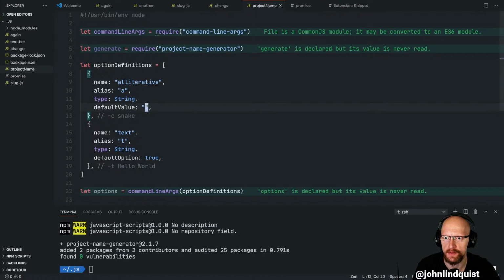By default, default option true, and name words, -W, type of string, default value 2,